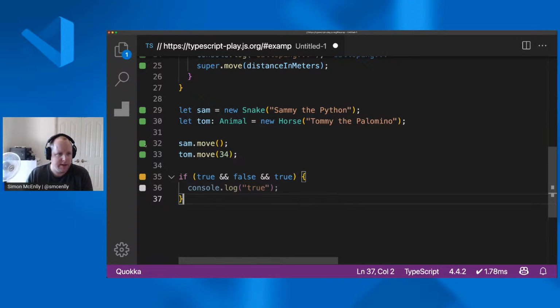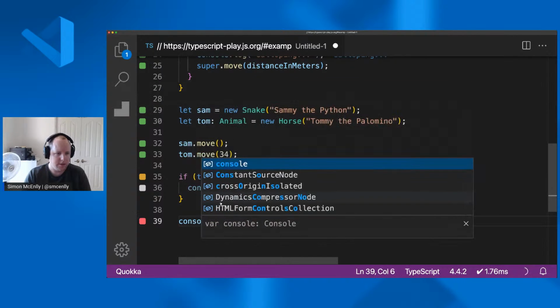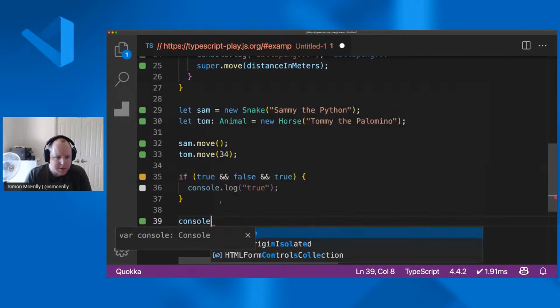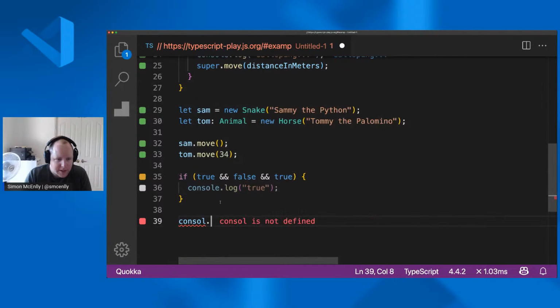So we've got the green, everything executed. We have partial execution, and we have didn't execute at all. And finally, there's one other type of indicator that we'll get, which is if an error occurs. So if I was to say, let's say a mistyped console log, I say console, autocomplete for me, .log, hello world.